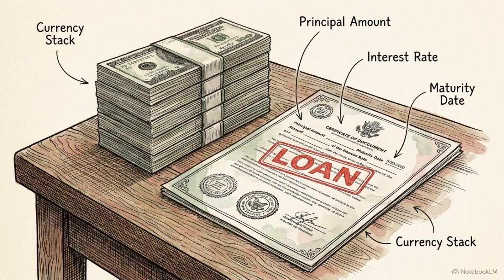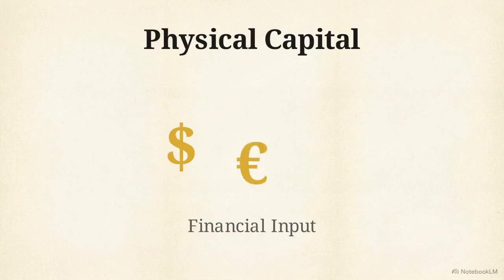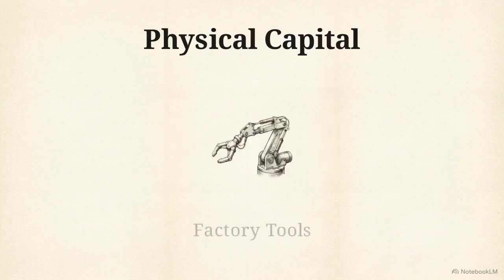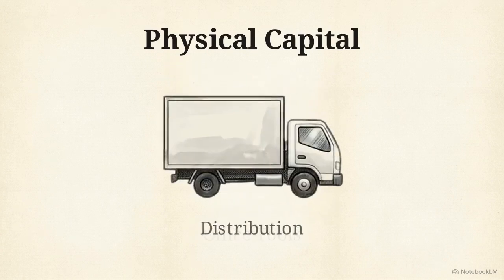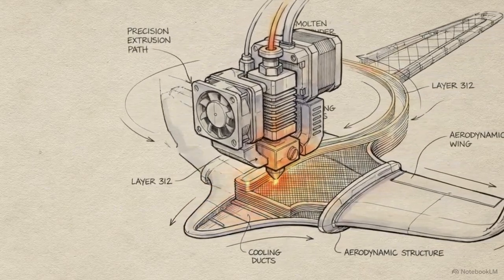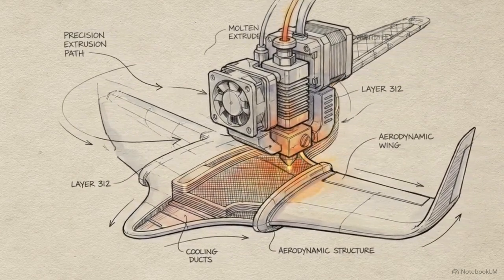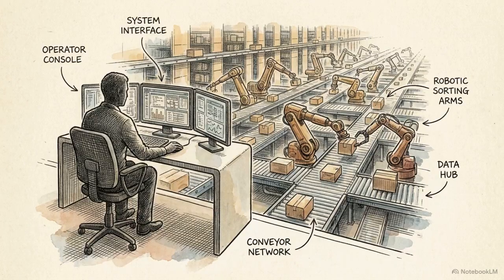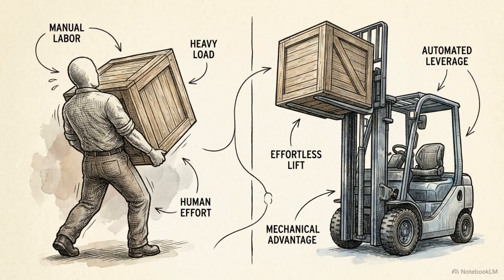While businesses use financial capital, like loans and savings, to start, economists focus on the physical resources that money buys. Physical capital refers to the human-made tools used in production. It includes the robotic arms in a factory, the computers in an office, and the vehicles that move goods to market. Technology acts as the multiplier for this capital. Applying scientific knowledge to these tools, businesses produce more goods in less time and with fewer errors. These advancements allow human effort to scale. Technology and capital work together to meet global demand that manual labor alone could never satisfy.